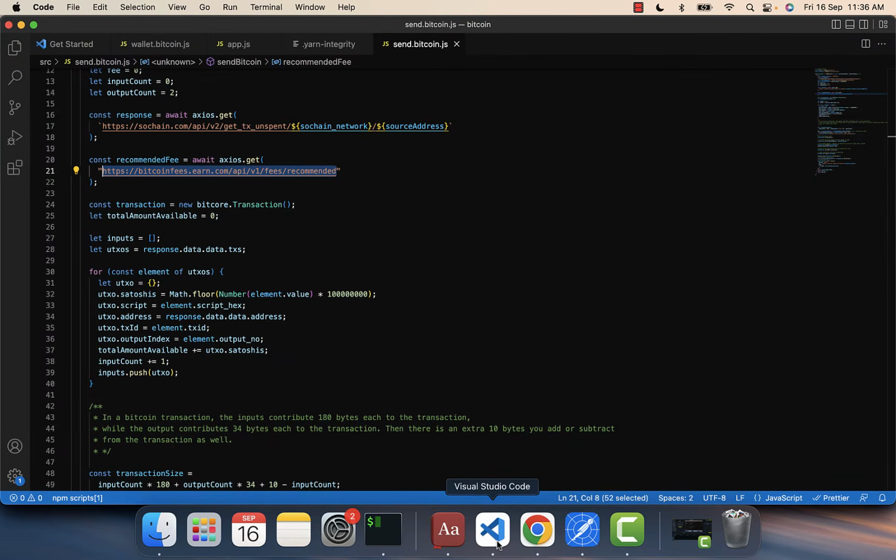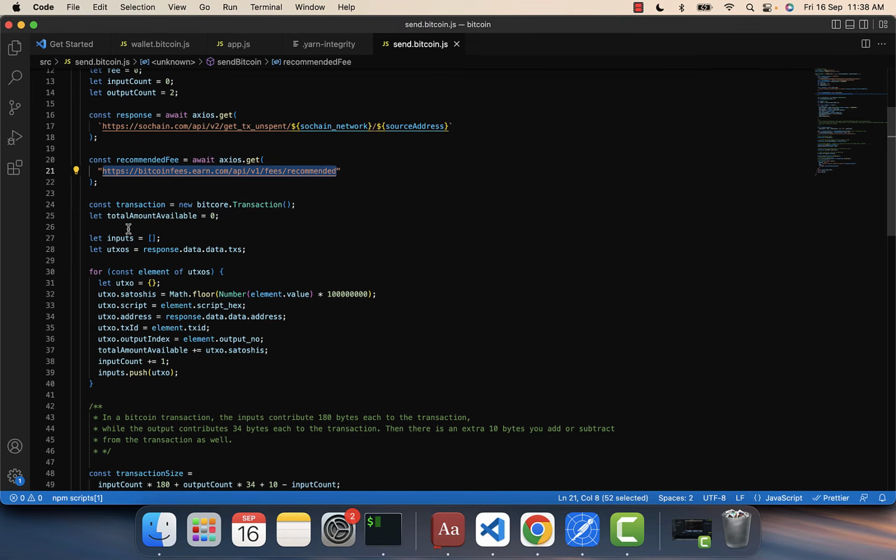So that is how the recommended fee works. I want it to be automatic so that we always have the perfect fee structure and our transaction doesn't get hooked up. Okay, good. Now that we understand how the fee structure works,